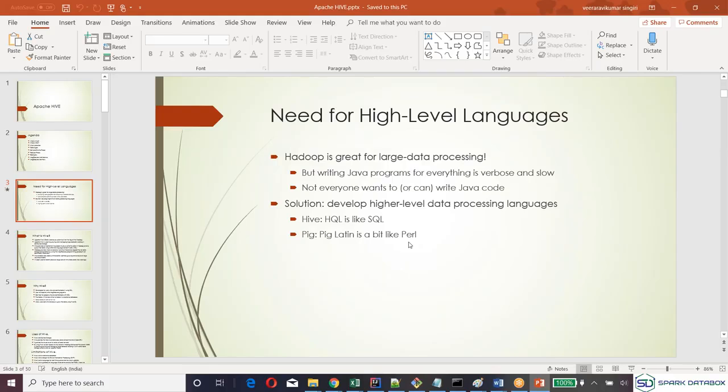Similarly, Pig is a component from Yahoo, and it also processes the data which is there in HDFS. But it uses a kind of scripting language. There is something called Pig Latin script, we call. It's a data flow language. We'll talk about that later.